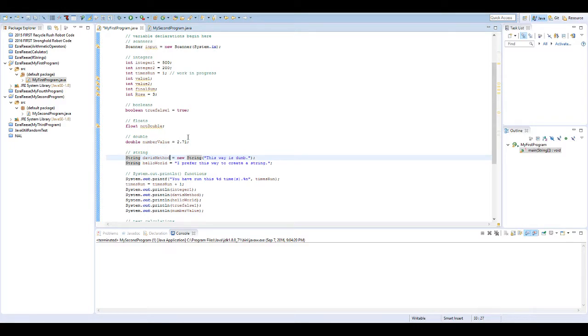And both of them need an arbitrary name, and both of them equal something. Davis's method is to say there's a new string, and then in parentheses you put your string of characters wrapped in quotes. If you do not put the quotes, you're going to get a bug, and it's going to say, what is this? Just imagine the quotes tell the computer that these are words and not code,